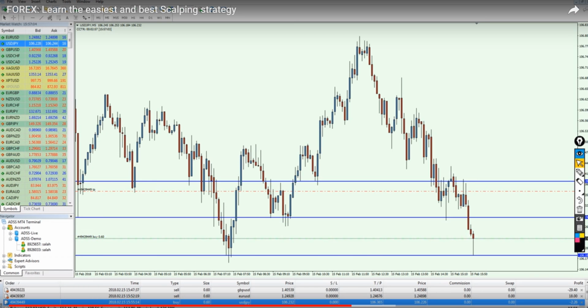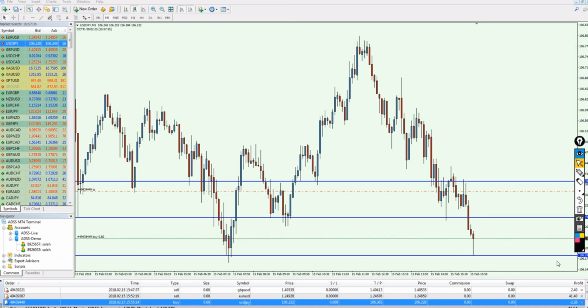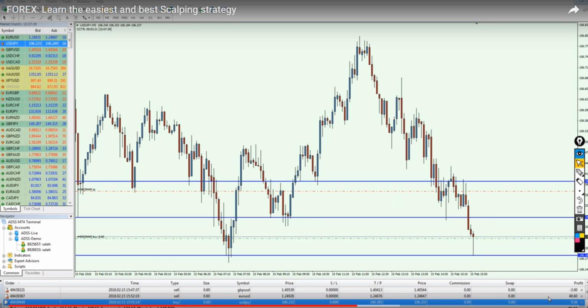So again, I'm going to pause the video to see how our trades are going. Okay, I just paused the video for only a few seconds. He's finally winning on the pound. He's finally winning on the euro, and it's still dead in the water on the yen. Not even 1 minute completed, and you can see almost all of them are. He's finally back to break even on his pound. He's finally making money on the